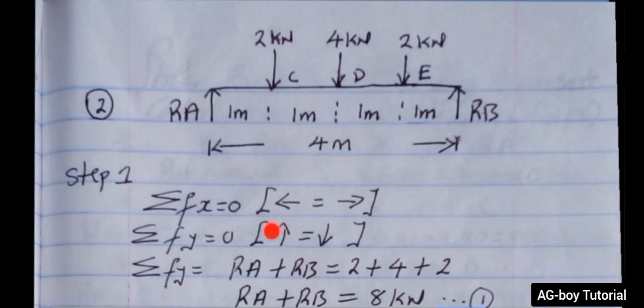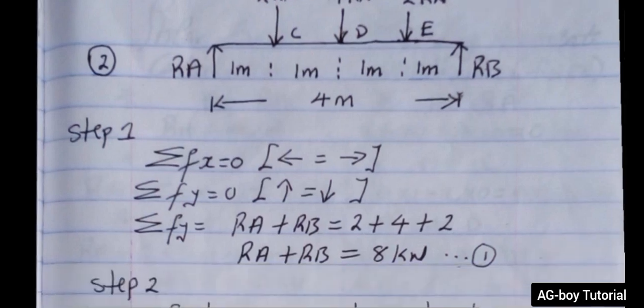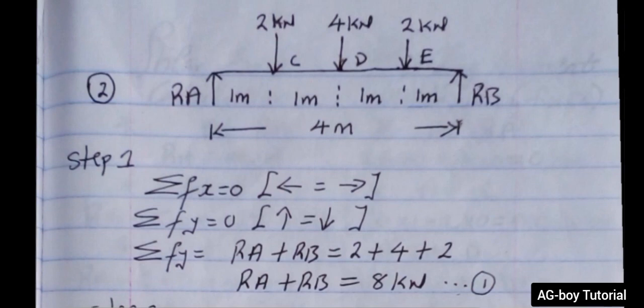And we go to sum of force in y equals 0. Upward force equals the downward forces, so we can also call it clockwise equals anti-clockwise direction forces. So let's say our sum of force in y, there we have the reaction at A and also the reaction at B. They are both forces facing upward, so we are going to sum them up, which is the RA plus RB is equals to